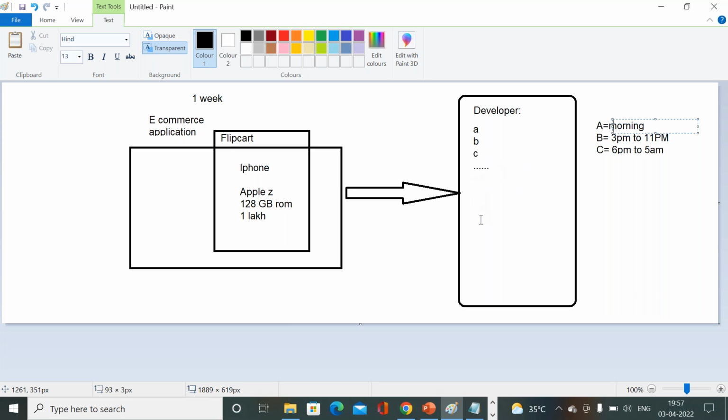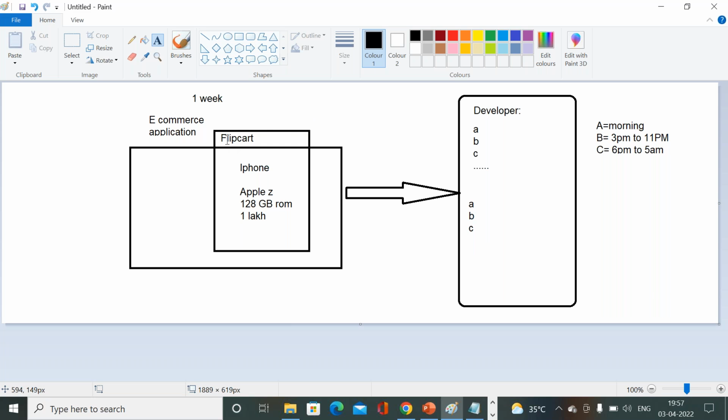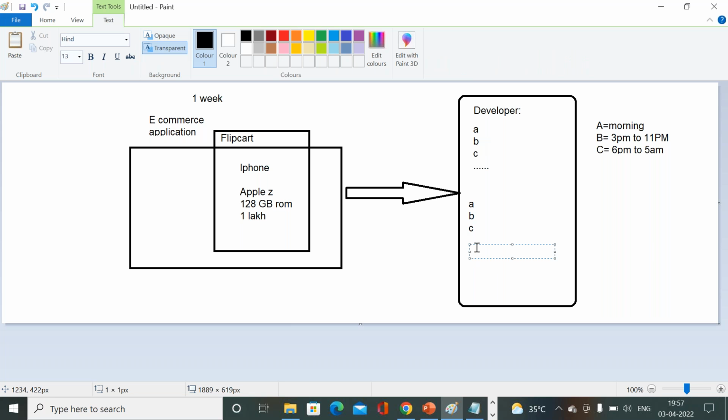Again, developer B will come at 3 PM. Again, he will start writing the code A, B, C. After writing the code, again the timings will be completed, or the shift will be completed. He will go off. He will go home. Again, developer C will receive this project. He will see this requirement comes from the Flipkart, right? Again, developer C will see this same requirement. He will assume that no one is working on this particular project, and again he will start writing the code